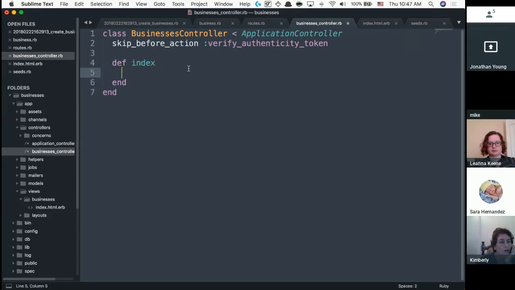So I want to grab all of my businesses. So I'm just going to do @businesses equals Business.all. So here's the controller. I'm connecting with a model, this capital B right here, and I'm going to shove it into a view. So I'm going to grab all of my businesses and save it into the instance variable called @businesses. The equivalent of this inside of Sinatra, which you're more used to, is kind of like saying